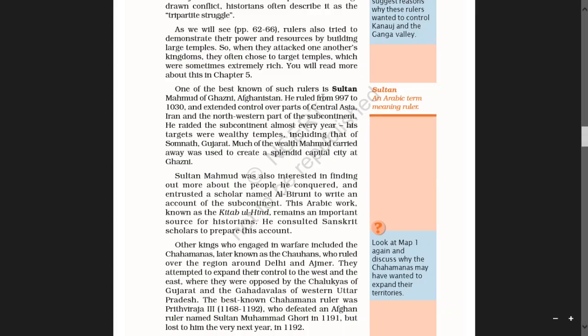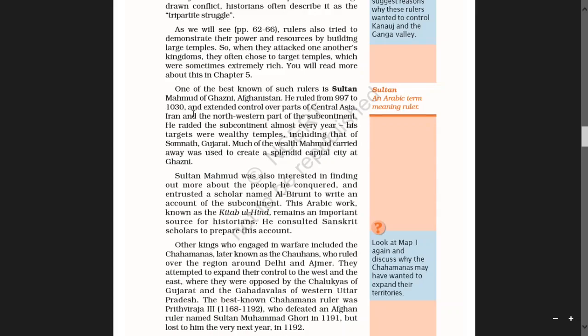He ruled from 997 to 1030 and extended control over parts of Central Asia, Iran, and the northwestern part of the subcontinent.